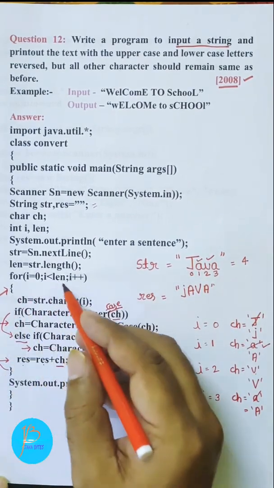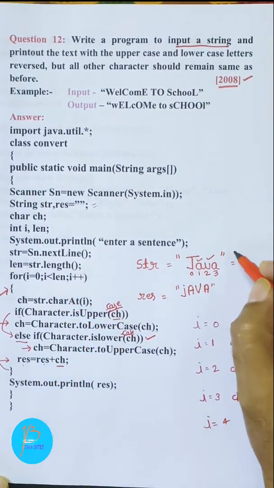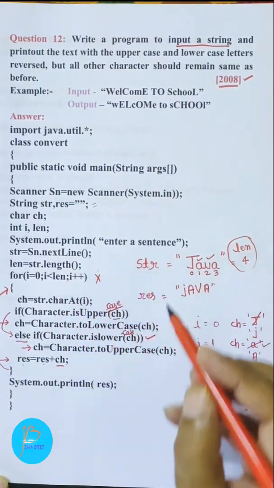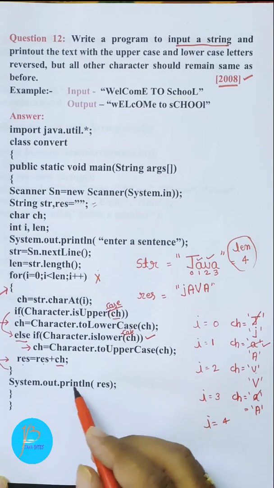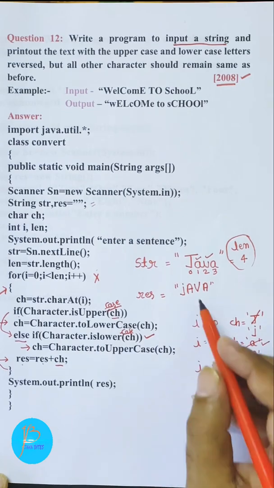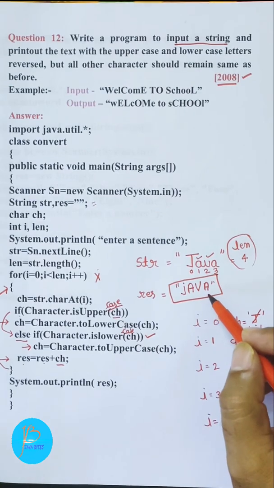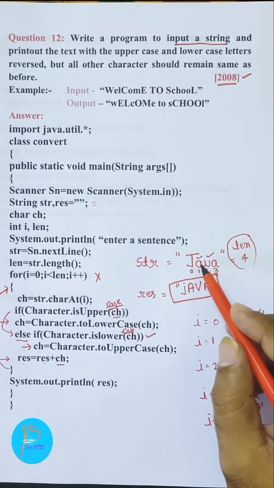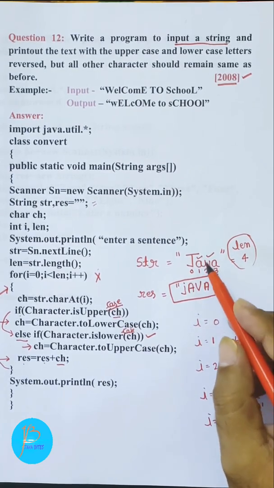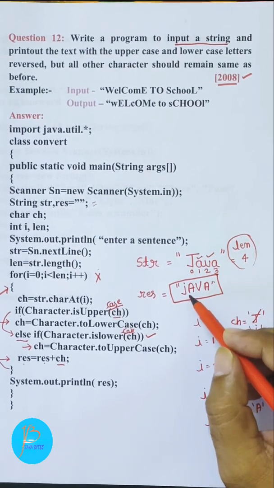After that children, control will go up, i++. The value of i will become 4, but 4 is not less than len, as you know that the value of len is 4. Okay, so 4 is not less than 4. The loop will terminate, and children, we will move out from the loop, and finally the value of result will get printed on the screen, System.out.println(result). So children, it will print jAVA on the screen, and we can see now in the result, children, that all the 3 small case letters of the word Java are now in capital letter, and the first alphabet, that was capital J, has now turned to small j.